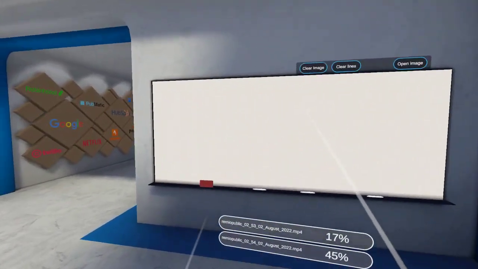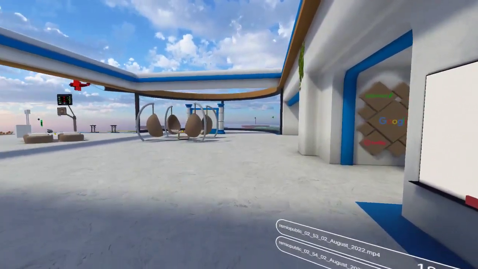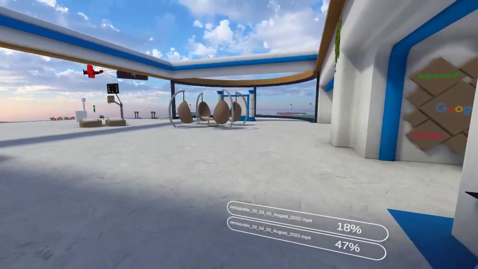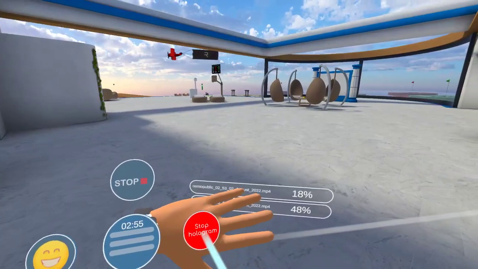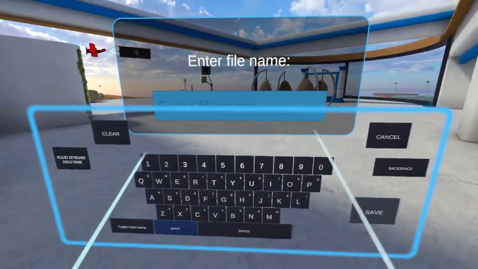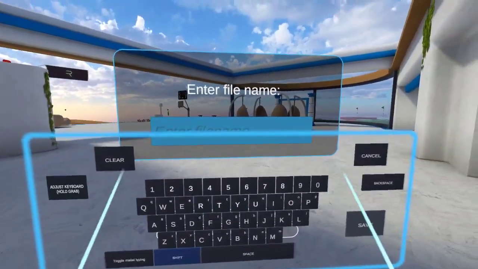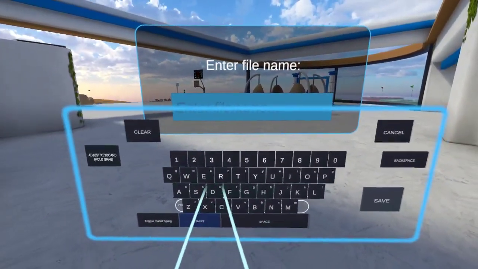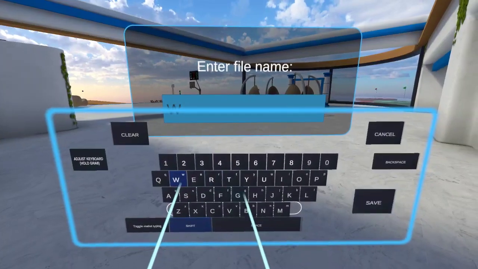So, for example, I will take someone to the whiteboard and explain that, hey, this is a whiteboard and you can draw items on here. And I can stop the hologram again here. And then you'll be presented with the name of the recording. So let's just say whiteboard